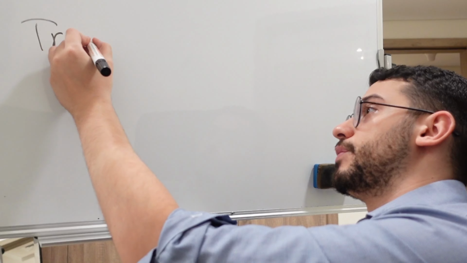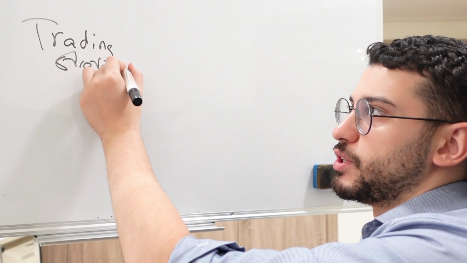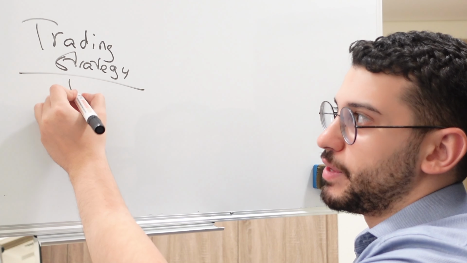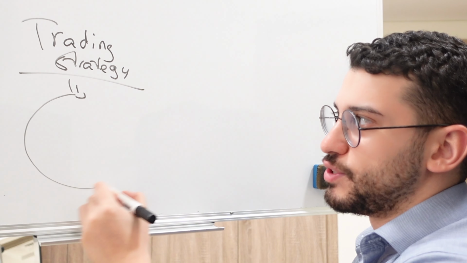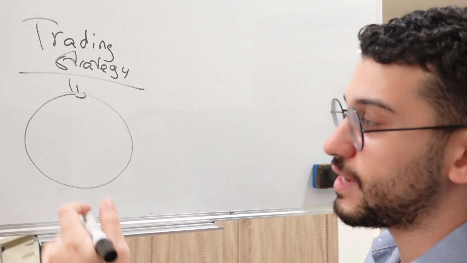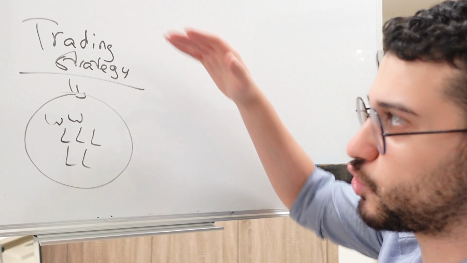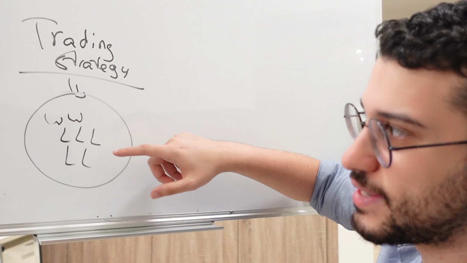So today's video is going to be really interesting. Now, why am I a profitable trader? The reason why I'm a profitable trader is because I have a trading strategy. And that trading strategy outputs a certain batch of trades every single day. Now those trades can be profitable or can be losses. And oftentimes my trading strategy will output more losses than wins.